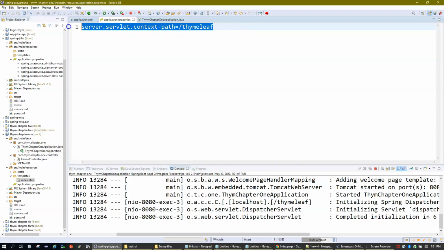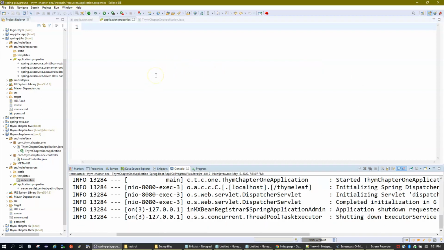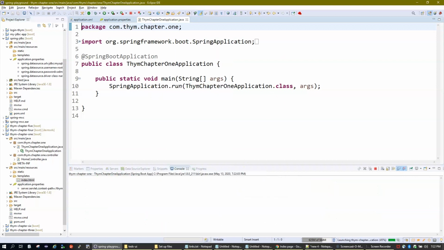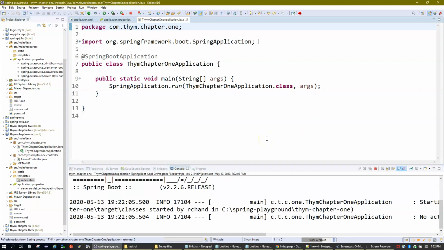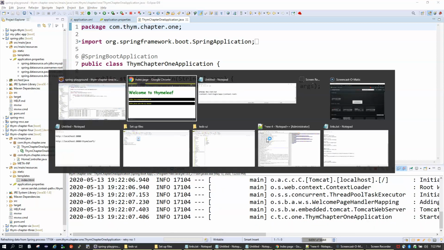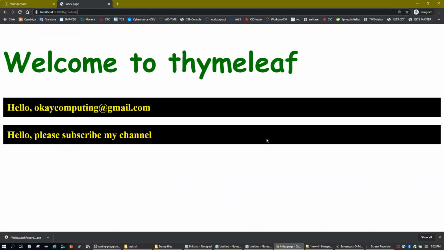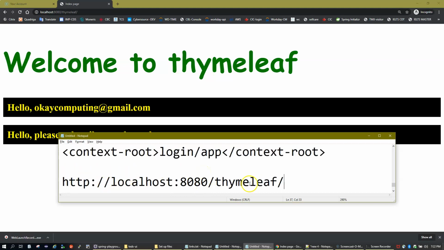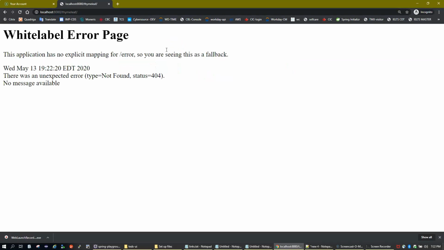Now, this is how you define your context root. But in case you do not want to define it, for example, let me keep it blank. Now there is no context root defined for my application. How do I access it? Let me run this application. Now if I hit the same URL with localhost and then ThymeLeaf, I'll get an error because I do not have any application serving this URL, as there is no context root.